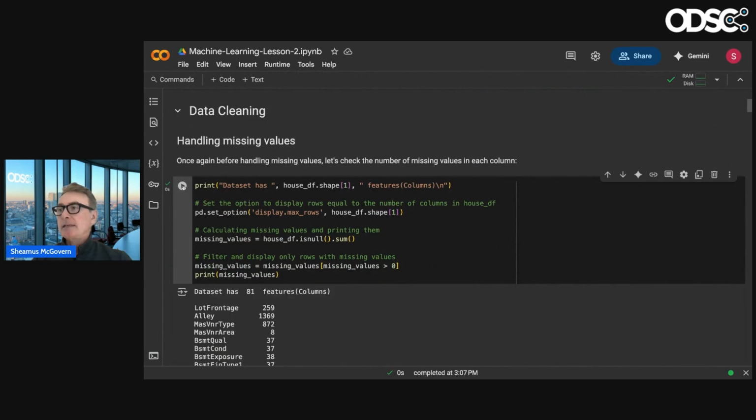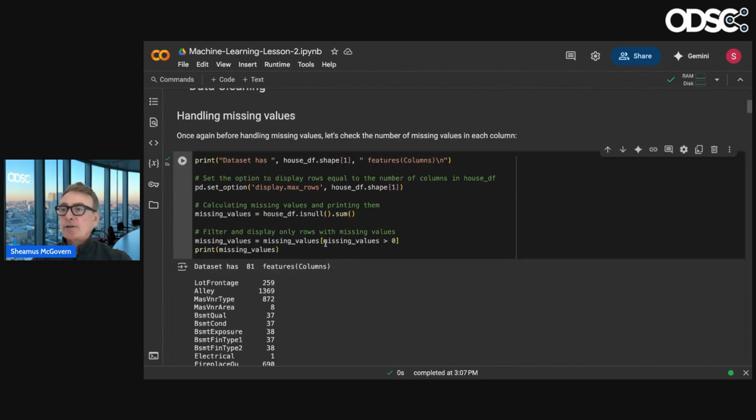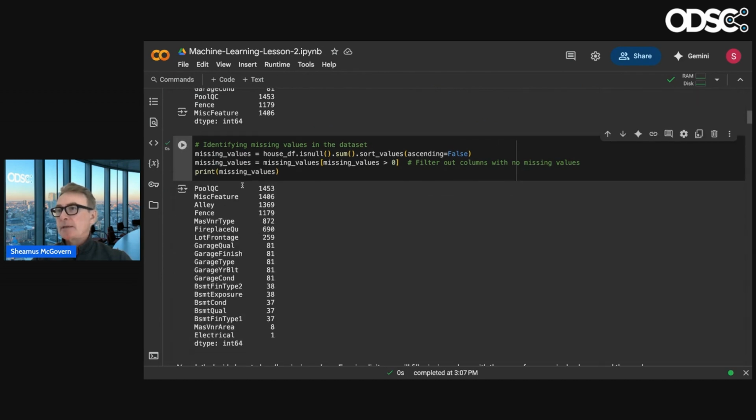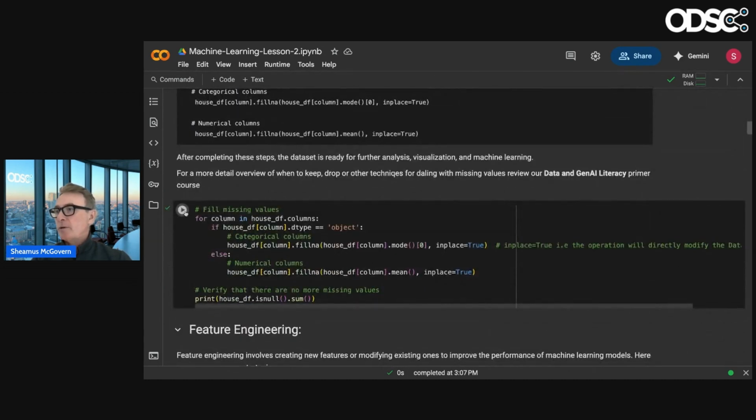I'm going to clean my data set, and again, just looking for nulls. We looked at that. And again, doing something pretty simple here. We're going to fill in these ones here. We're going to update our data frame, in place equals true meaning update the data frame we've been working with.